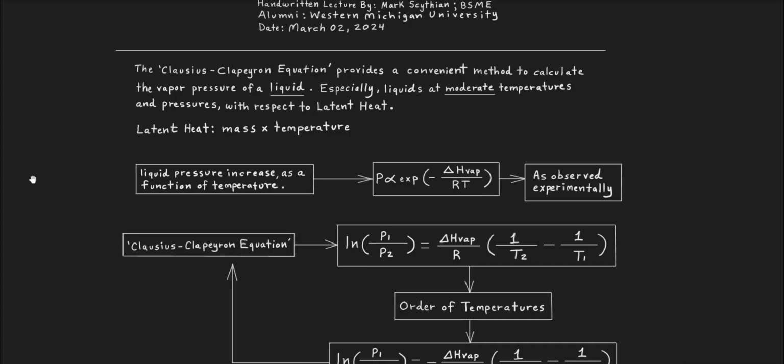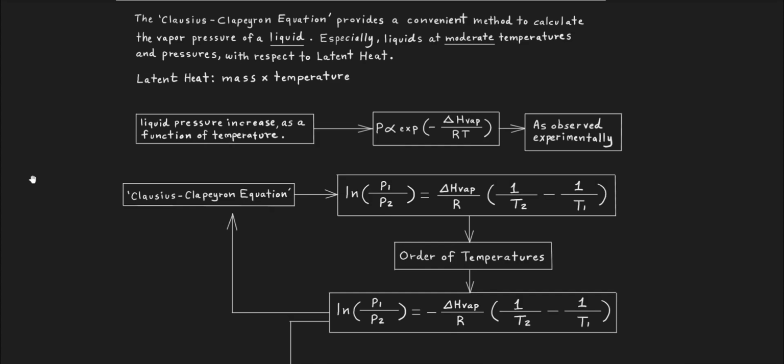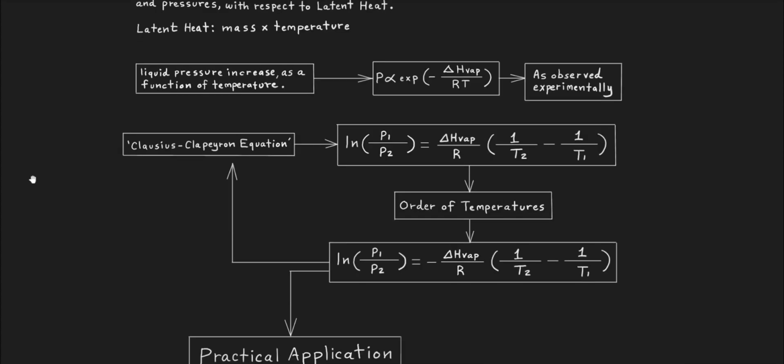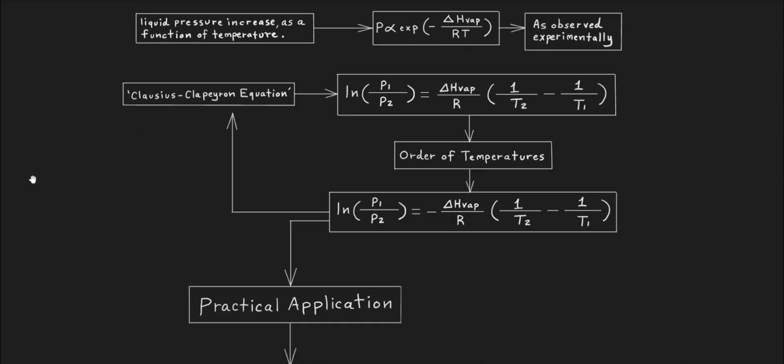The Clausius-Clapeyron equation provides a convenient method to calculate the vapor pressure of a liquid, especially liquids at moderate temperatures and pressures with respect to latent heat. So we are focusing on the product of liquid mass times its final temperature or its latent heat. So to describe the process of equation and iterations, we have a flow chart here. We have the liquid pressure